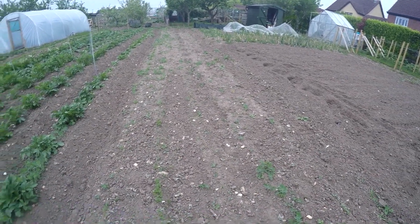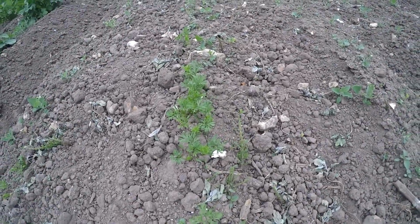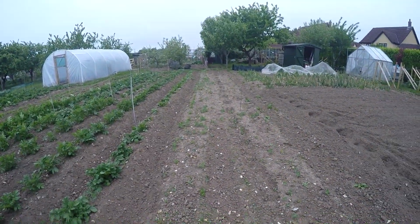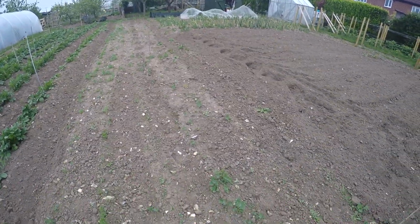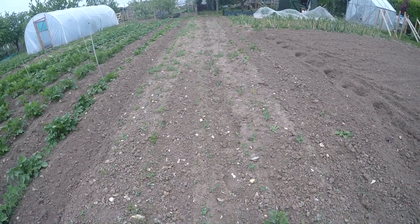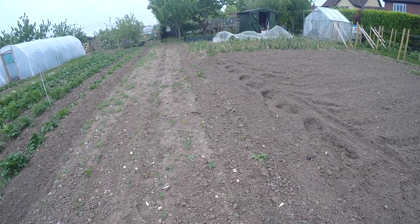Over here we've got 2 more rows of Norwich carrots, which have been struggling due to the dry. Several weeds in there, but I daren't do anything about it because there's only a second flush now coming through of the carrots after the rain. Got a row of pickling onions up there as well. Spring onions, followed by 3 rows of beetroot,